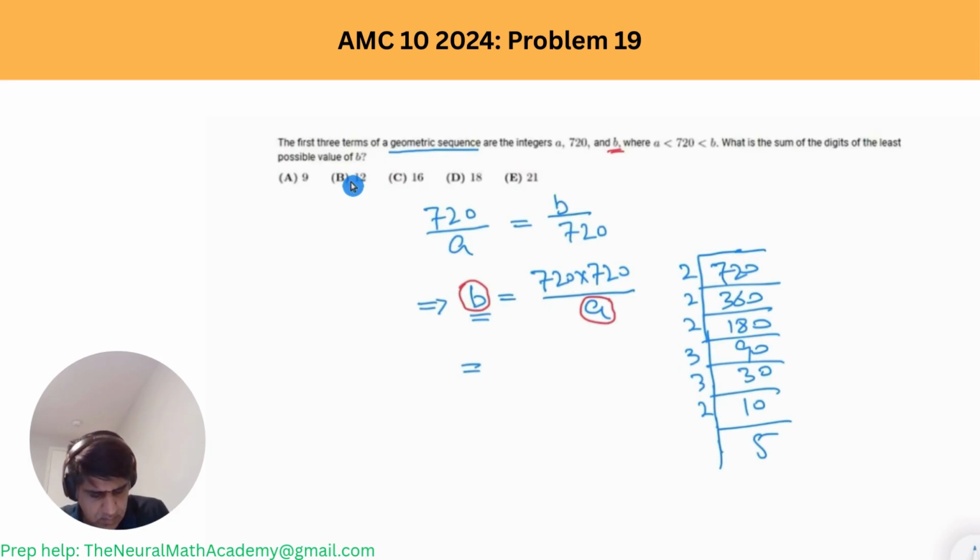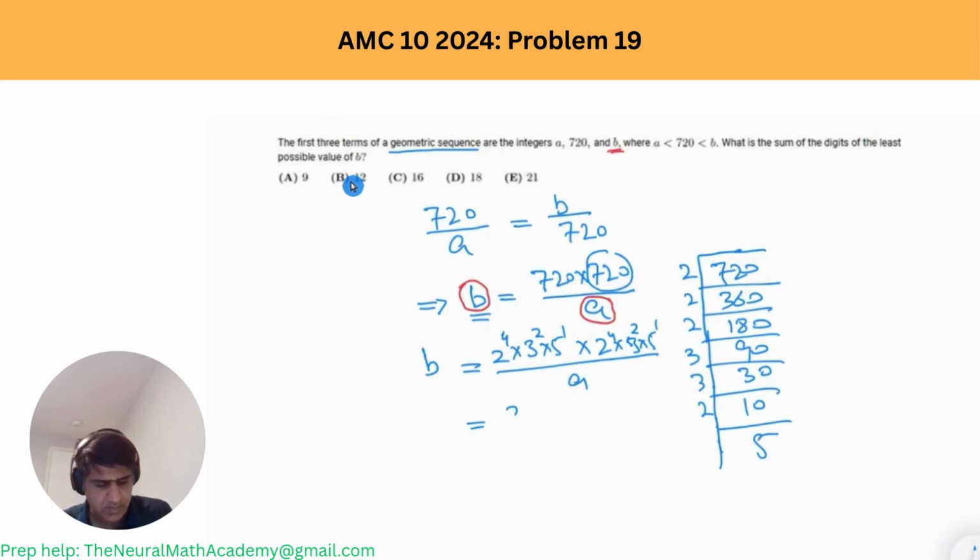Then I would write it as 2 to the power 4 multiplied by 3 to the power 2, 5 to 1. And now I would write the same for this as well over a. So if I put these powers together, I can write it like,